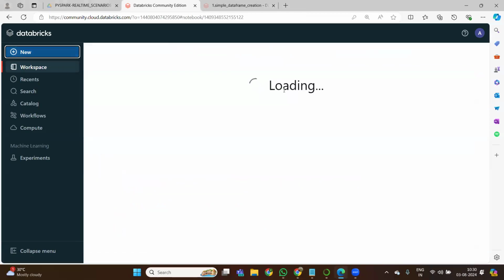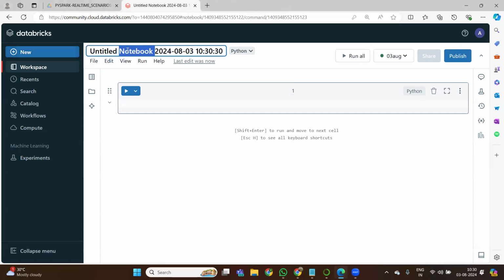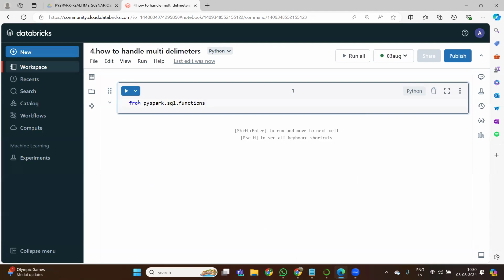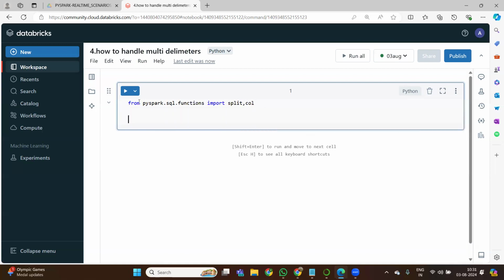Let me start a new program as well. So this is the fourth one: how to handle multi-delimiters in Spark. For this, the first statement is we want to import from PySpark.sql the split function. Multi-delimiter means, for example,